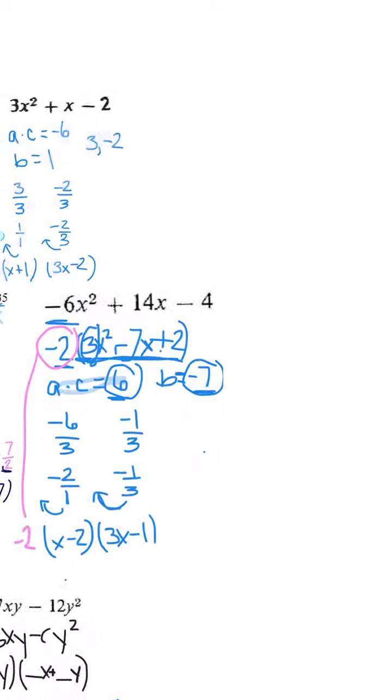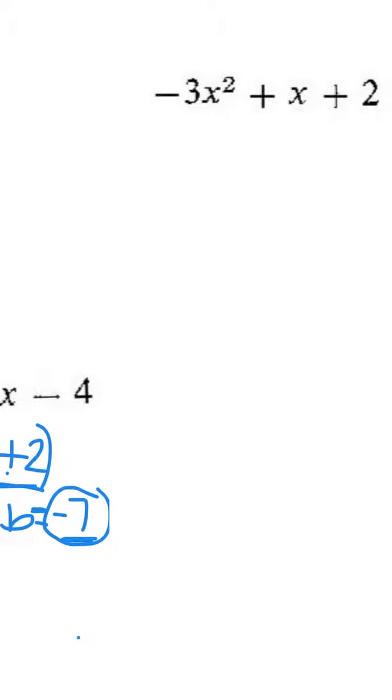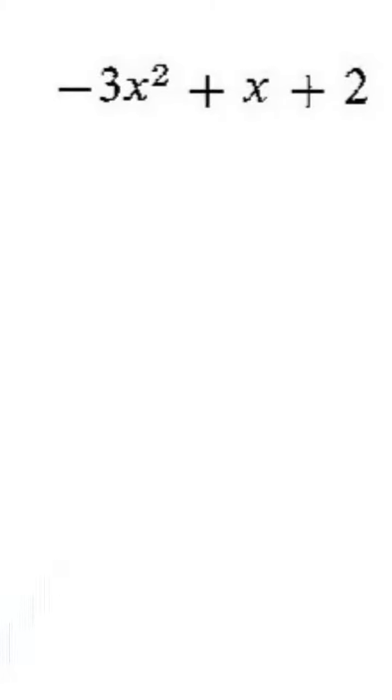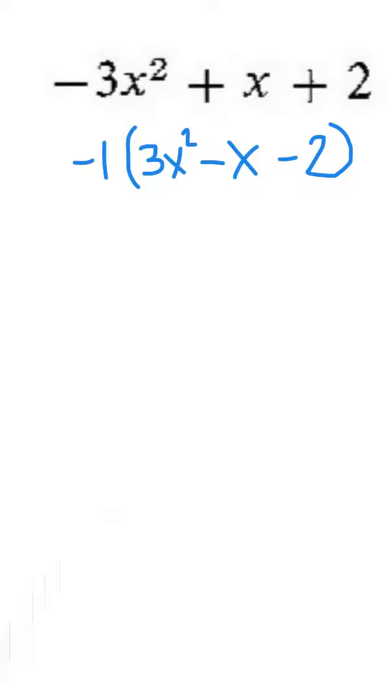Let's do 2 more examples before we wrap up the video. So let's look at this problem, negative 3x squared plus x plus 2. It looks similar to one that we did earlier, but this one has that negative leading coefficient. So while there's no GCF, I'm still going to factor out a negative 1 because I like my leading coefficients to be positive. So I factor out the negative 1 from every term,